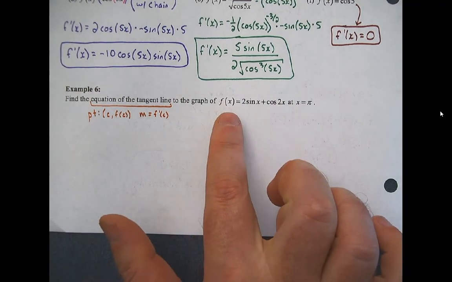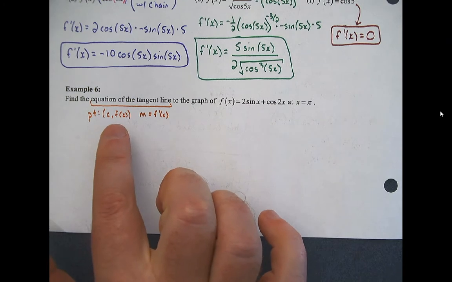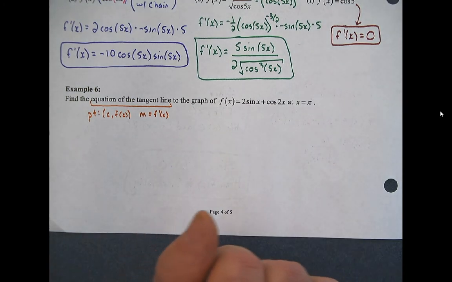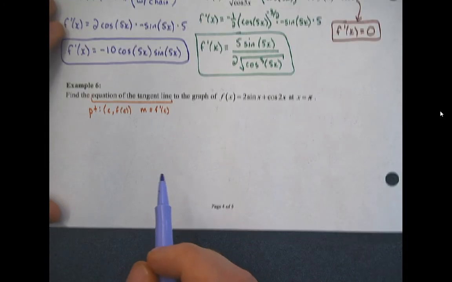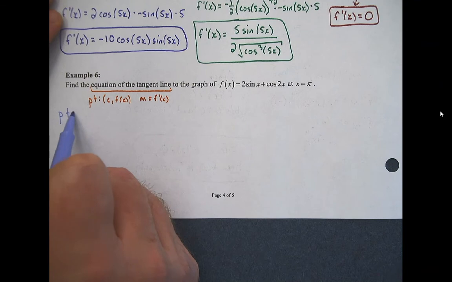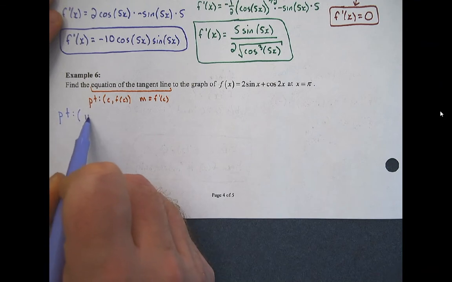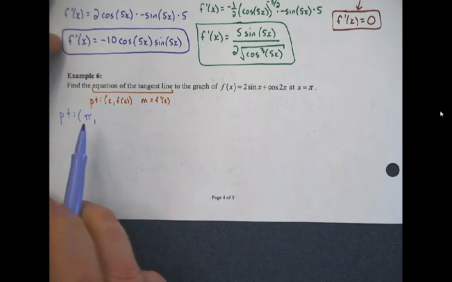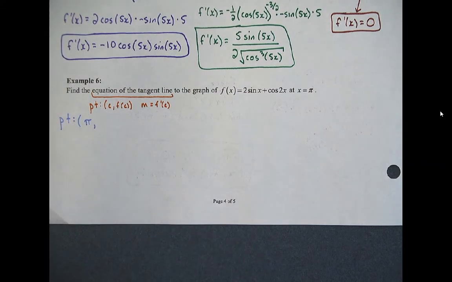Okay, so we've got our function. I guess we could find the point first. That might be the easiest. So the point, the x value is pi. And I'm going to take this pi, I'm going to plug it into that. So we would get,